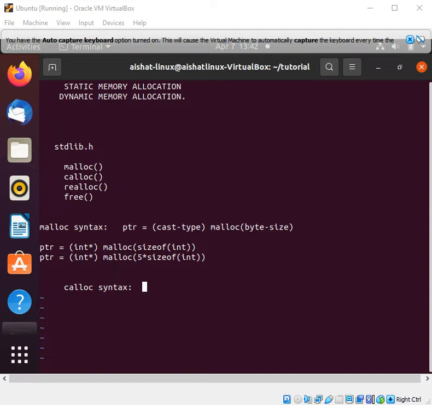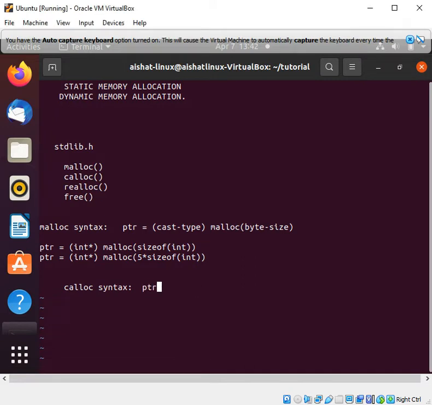So it is similar to malloc, but it has two differences. Calloc initializes each block with a default value of 0, and it has two parameters as compared to malloc. So the syntax is in this format: